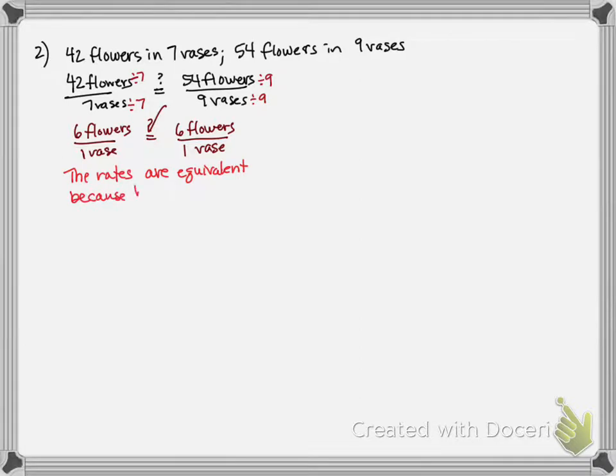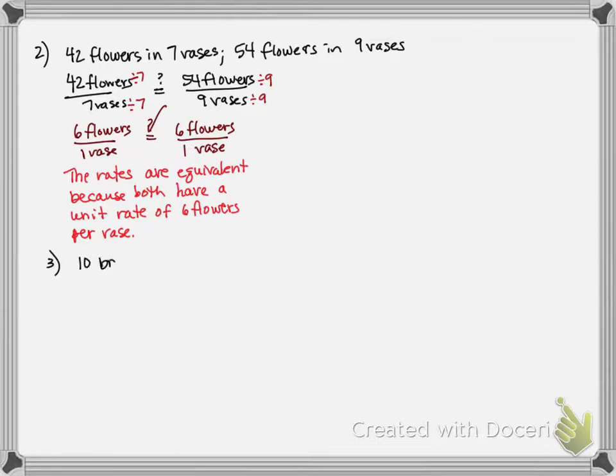Because both have a unit rate of 6 flowers per vase. So again, I'm throwing in a little piece of information. Okay, let's do one more, and I'm going to do cross products. The only thing I don't like about the equivalent fractions is sometimes you start getting super large numbers, trying to find a common denominator and then changing the numerators. Okay, so let's see, we've got